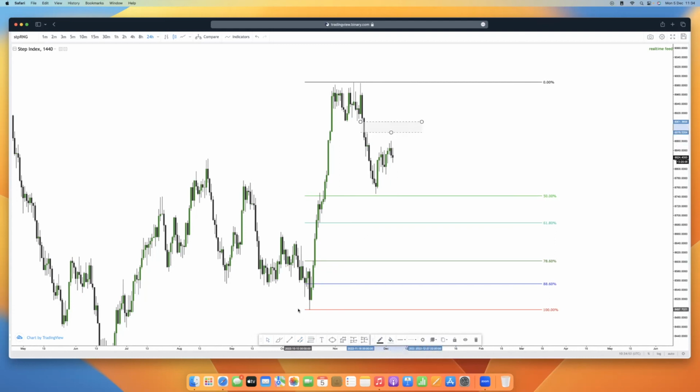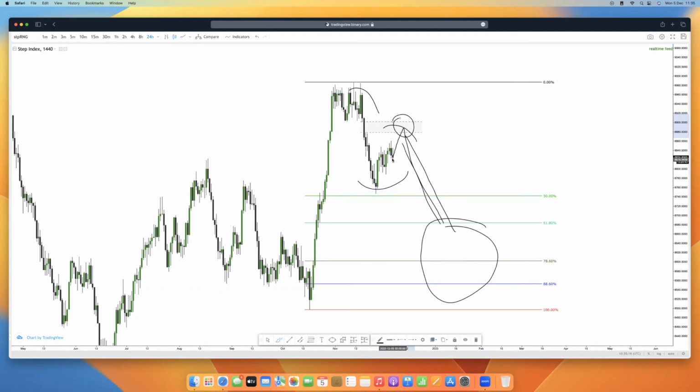So maybe price comes to this area, okay, and then we can go down the more, okay, more like lower high, lower low, lower low, lower high, lower low. So we want to be selling into what? A discount level. Yeah. So something like this. So just keep an eye in this area for a sell opportunity to the downside.